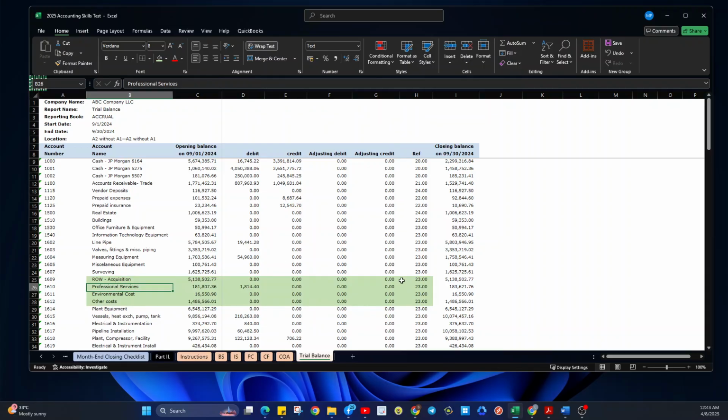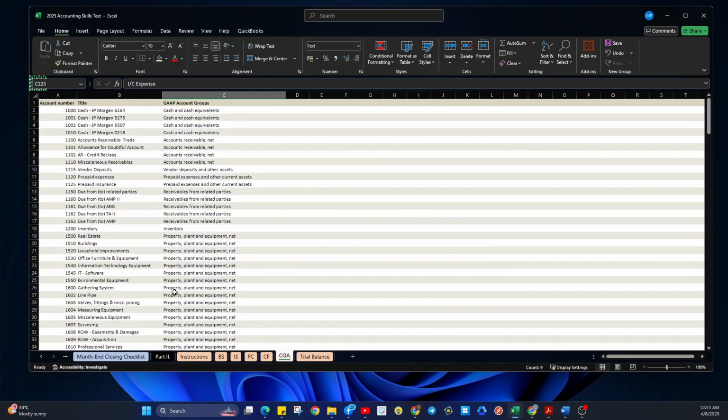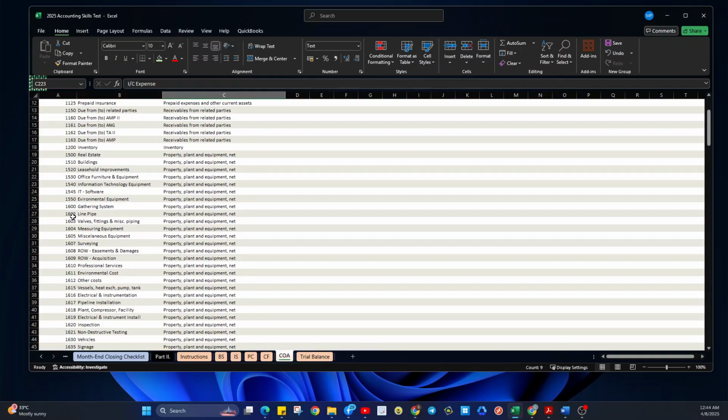Acquisition is okay, but professional services, 1610, professional services, but it's put under property, plant and equipment.